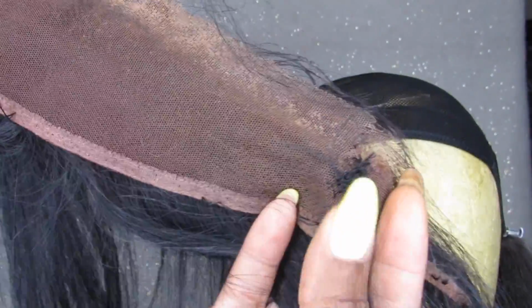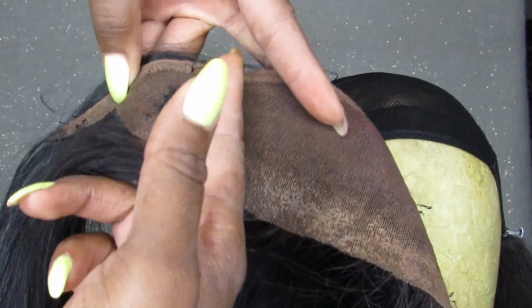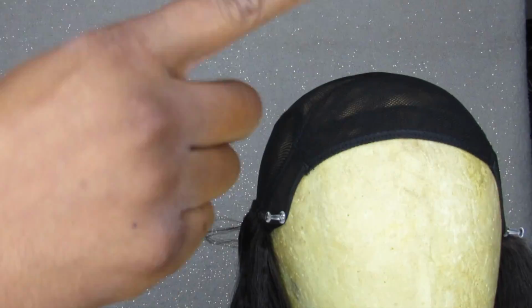But as you can see, honey, this frontal was not the business. Number one, it was not long enough, not wide enough. It was just not what's up. And as you can see, it was balding. Y'all, this frontal was not good, period. Okay, period. So what I'm going to do is I'm going to take it and I'm going to cut the